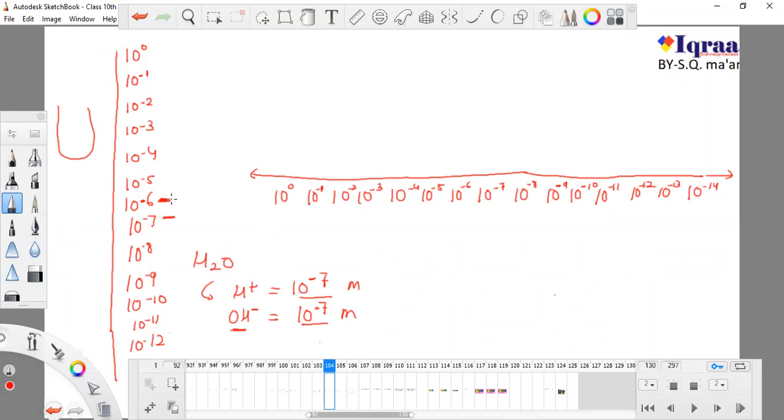Okay, and here it is very easy for you to understand that the number of this one is very high and the value is very high,